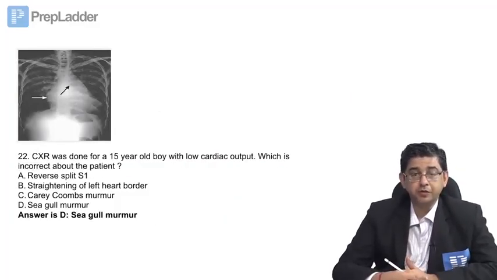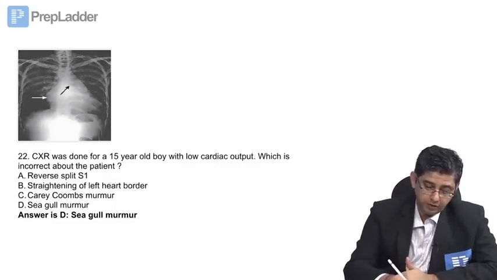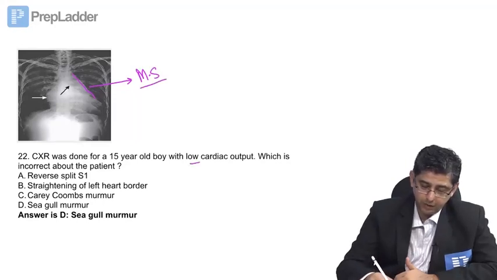Chest X-ray was done for a 15-year-old boy with a low cardiac output. What is incorrect about the patient? If you look at this X-ray, one, you will notice that there is a straightening of the left cardiac border. Straightening of the left cardiac border is a feature that is encountered in mitral stenosis, especially with low cardiac output, and